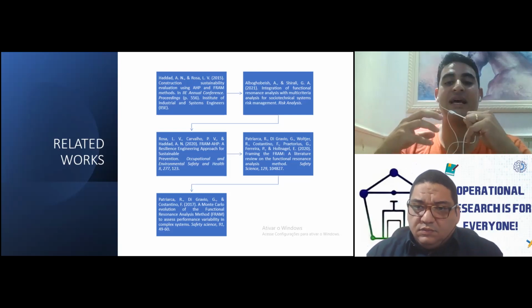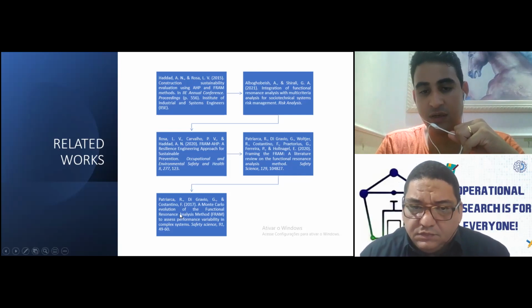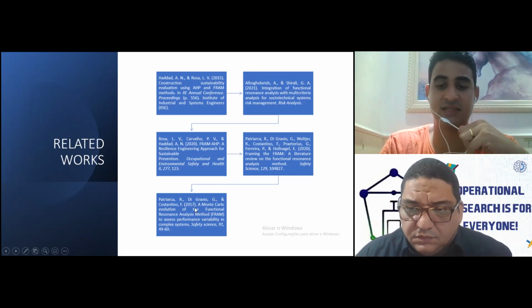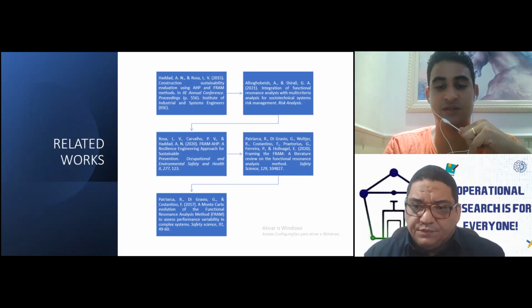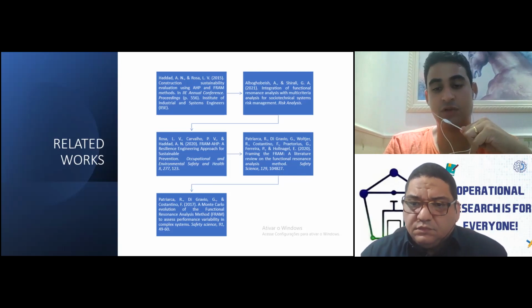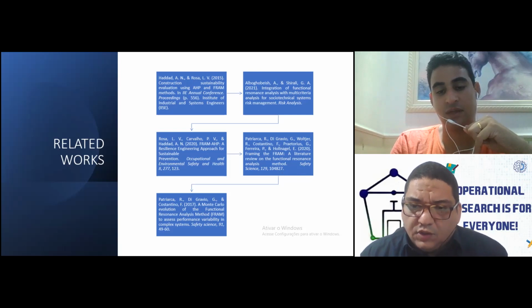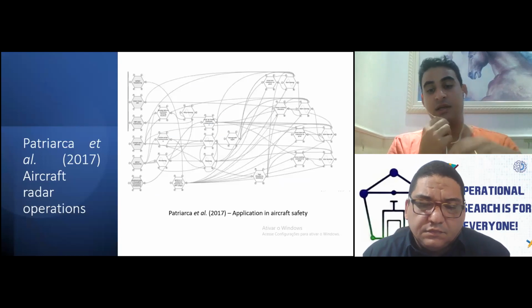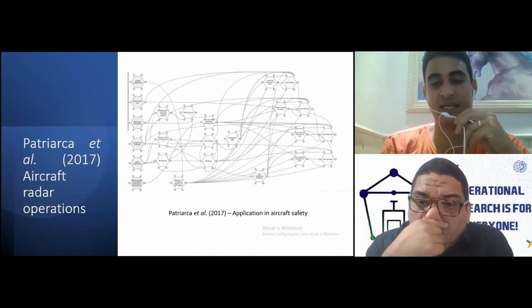So we have here, for example, a work from Patriarca et al. in 2017 that used a Monte Carlo simulation with Fram to assess performance variability. So it's very good. Here we have an example of this Patriarca assessment.